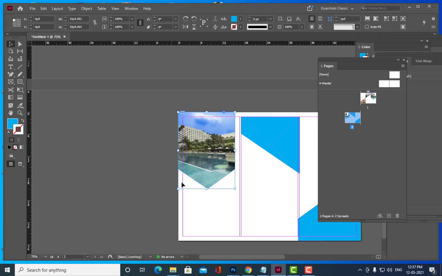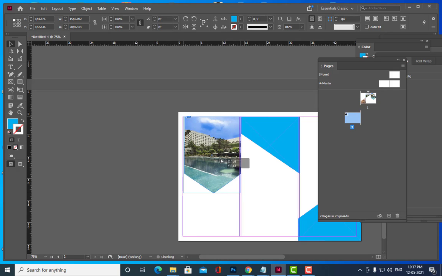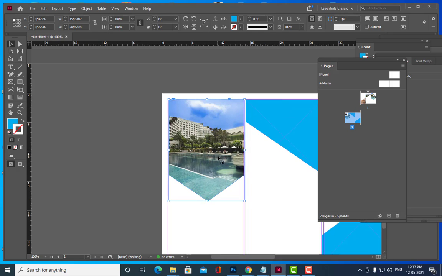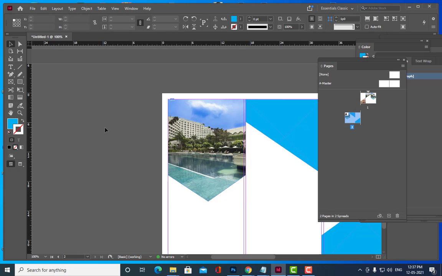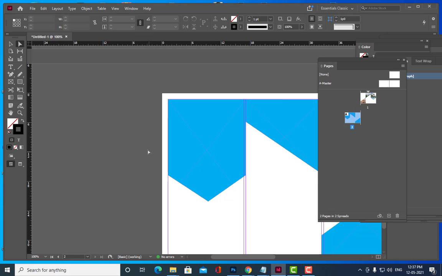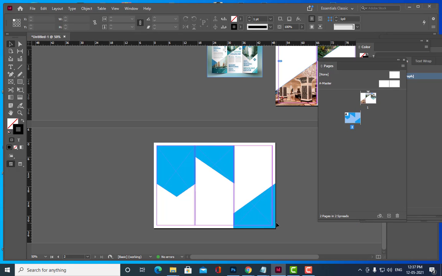Okay, are you all getting my point? Yes, sir. Okay, right. Now I can delete the image. See how to delete the image. You can select this one, this direct selection tool, and simply delete the image. Okay, see now all three of these have no images.